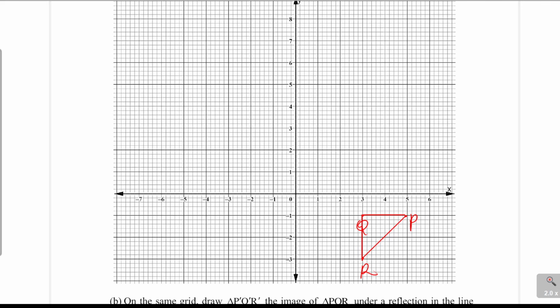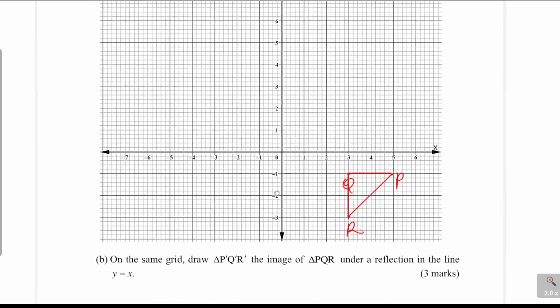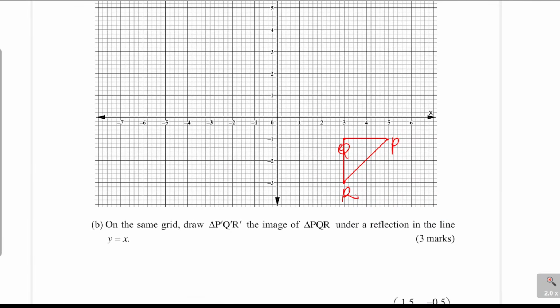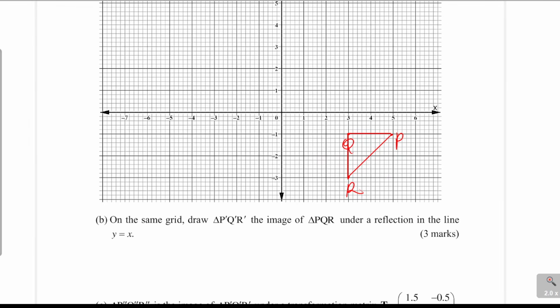So that is the triangle. Then we go to the next part. Supposed to draw that. So part B, on the same grid, draw triangle P prime, Q prime, R prime, the image of triangle PQR in a reflection in the line y equals x. So the first thing you're supposed to do